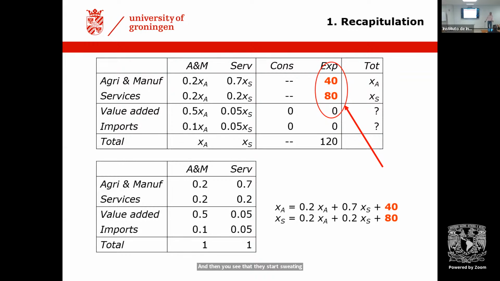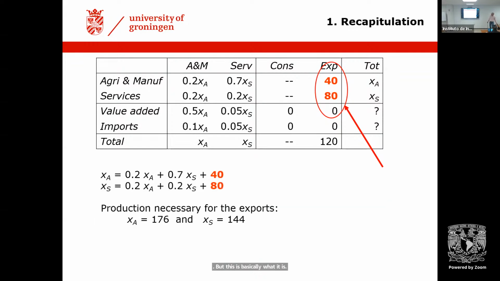But this is basically what it is. And I don't let them sweat too long. I give them immediately the answer. And the answer is irrelevant. It's 176 and 144. And the next question is, because we want to go to the emissions,